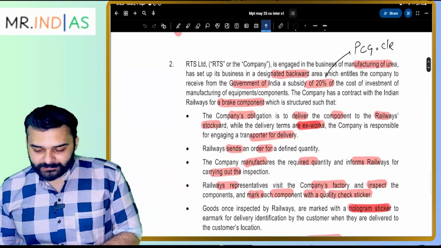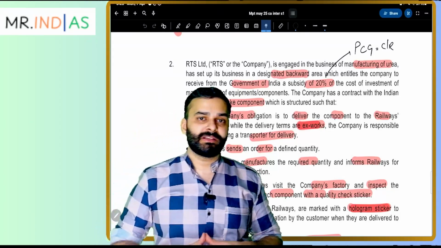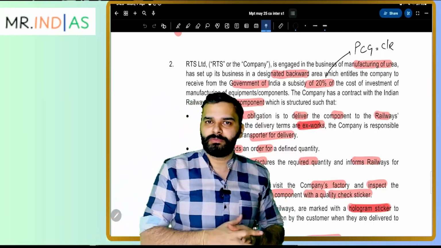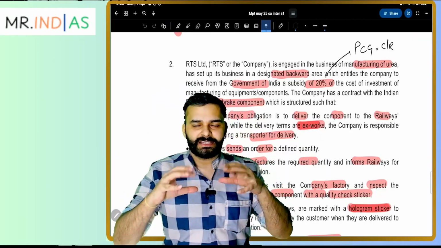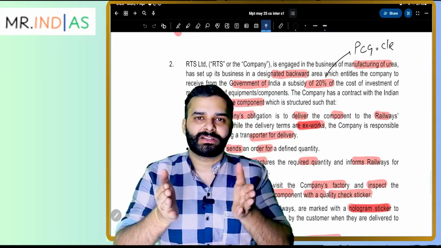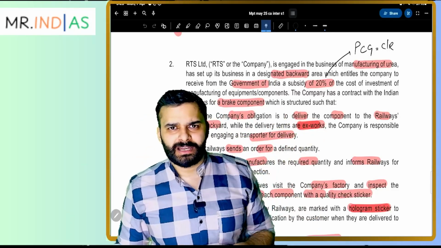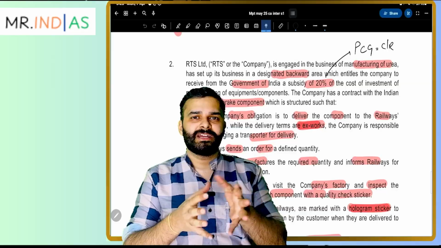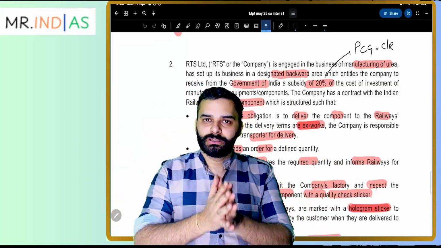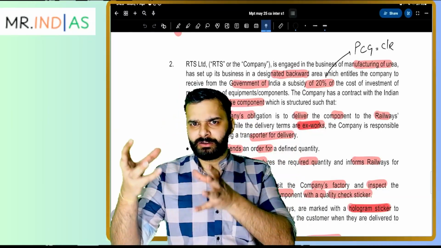Okay. So first thing is that the company received a government grant of 20% of the cost of investment. Let us recall the provision of accounting standard 12 with respect to the government grant. It says the government grant is a promoter contribution grant when it is in the nature of investment into the capital. For example, you are planning to invest some amount in some backward area, but you are afraid for the amount. The government has set up an initiative: come and invest here so that our people grow, the overall locality grows. We will also invest into your capital of X amount.